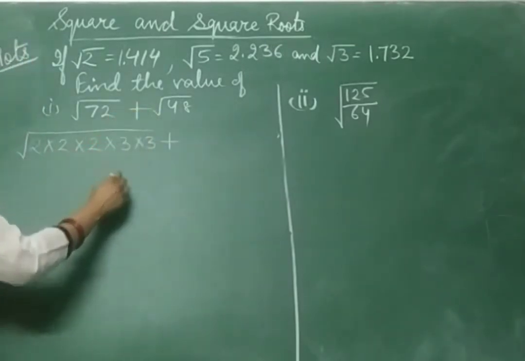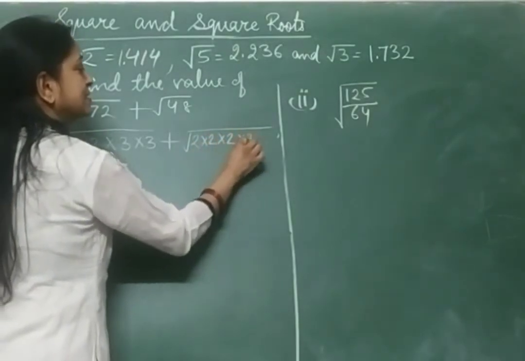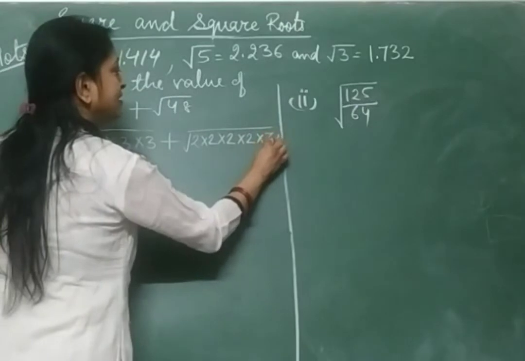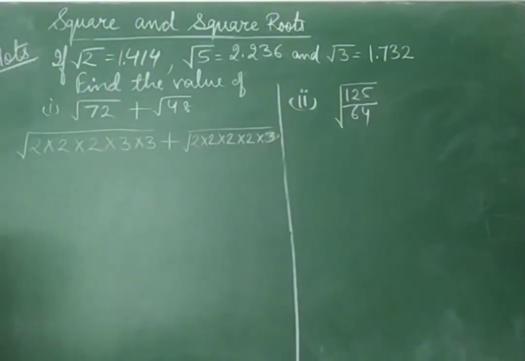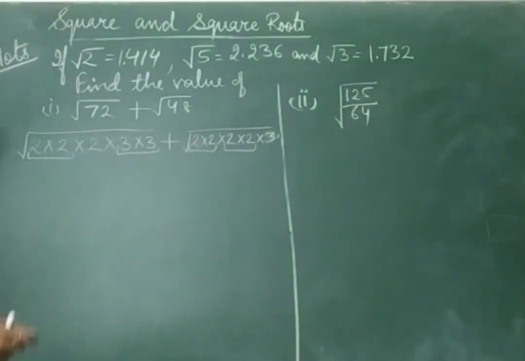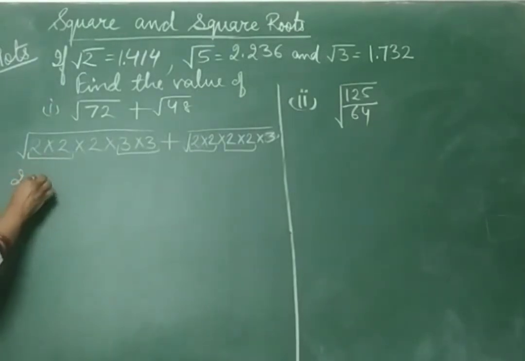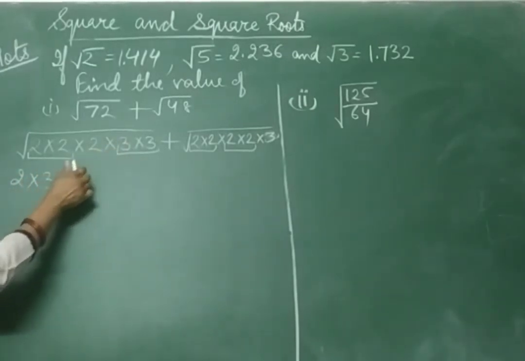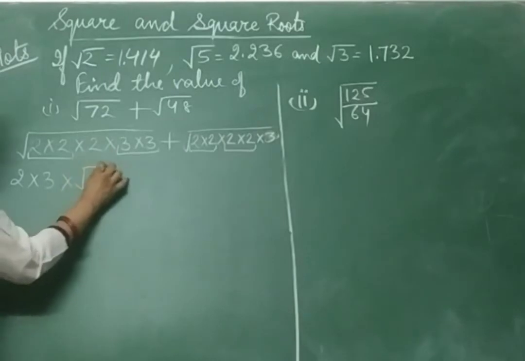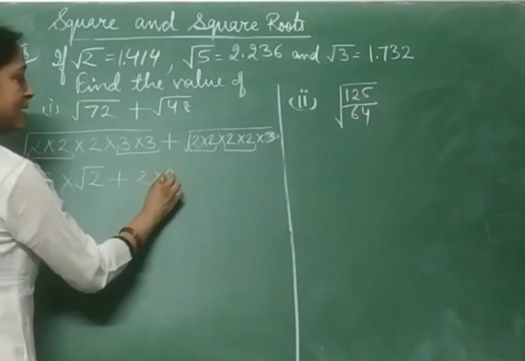Plus, now make the prime factorization of 48. 2 2s are 4, 2 4s are 8, 2 8s are 16, 3 16s are 48. Now this is the prime factorization of 48. Now make the pairs of same prime factors. Here are the pairs, and for those that form a pair, when we take the square root we take them one time. So this is 2 multiplied by 3 multiplied by, now we don't have a pair for this, so we take it as multiplied by square root of 2, plus 2 multiplied by 2 multiplied by square